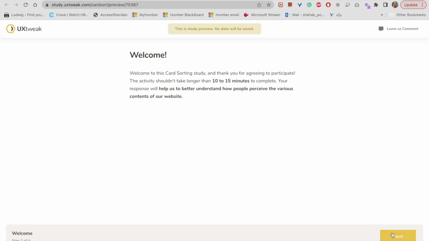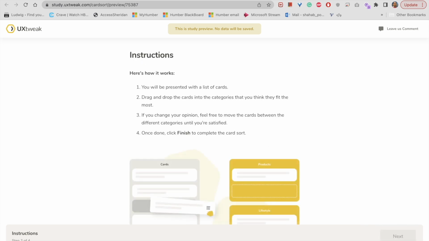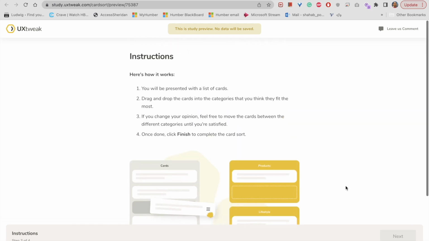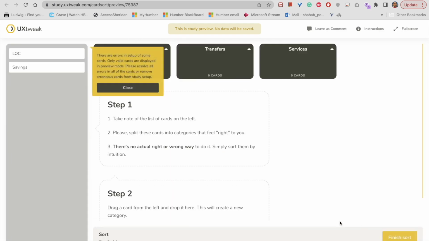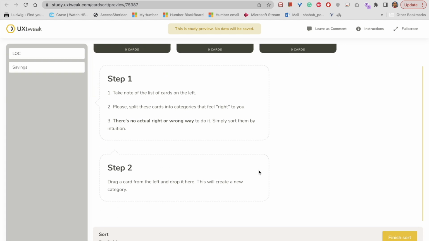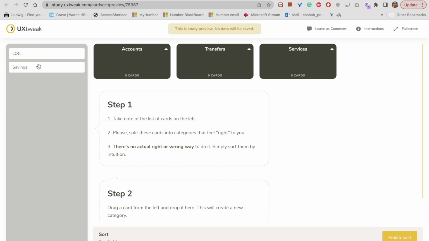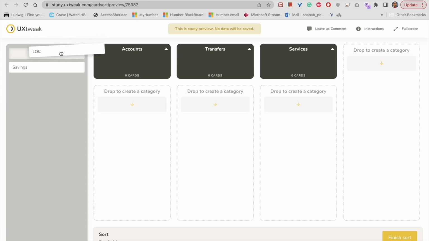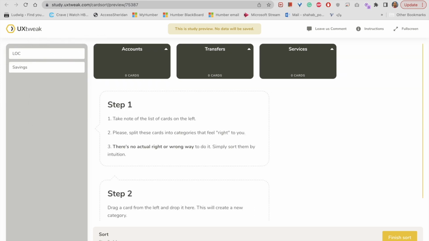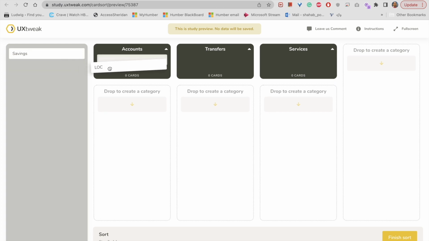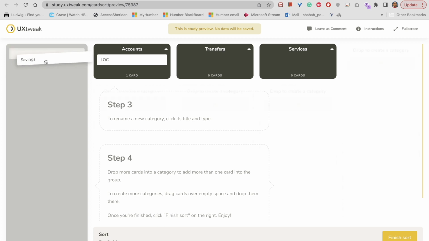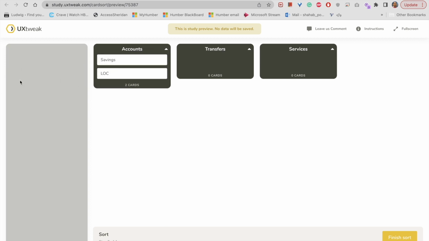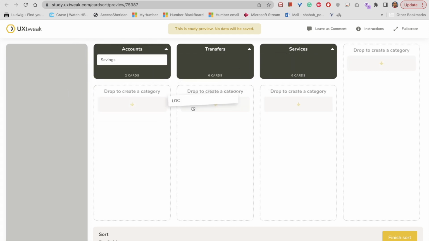For example, welcome, next, the instructions here, definitely we could change it, the description, everything, but I'm gonna go with that. And yeah, this is what the user would see. Now I added only 2 cards. I'm gonna go back and add more cards definitely. But the user could select these cards or content objects as we talked about them, and they can place them. That a line of credit is a type of account, maybe, I don't know. Savings, definitely a kind of account, and the user could drag and drop all these things under different categories, and then they can finish